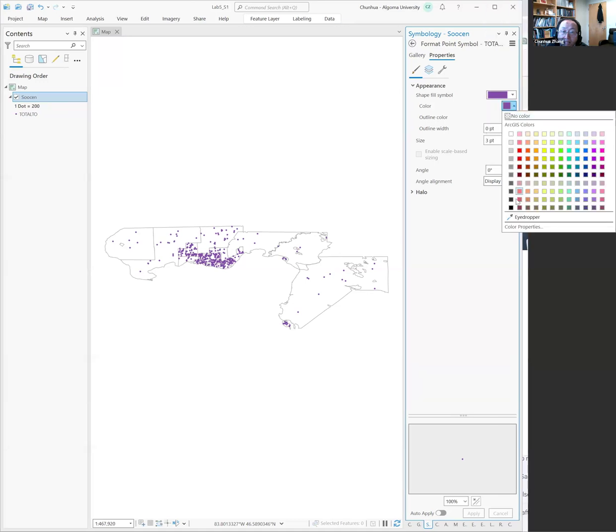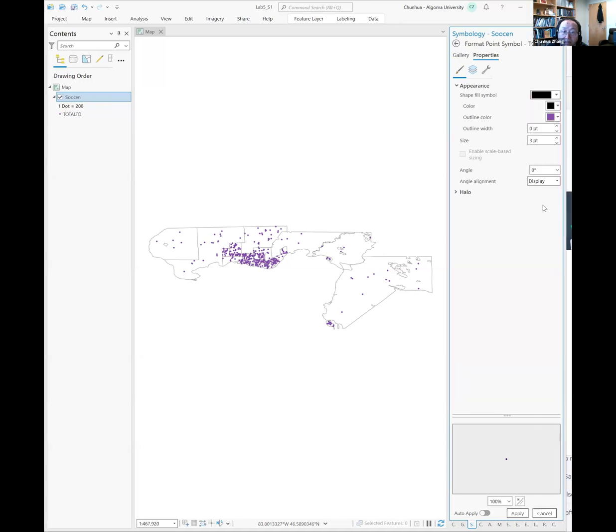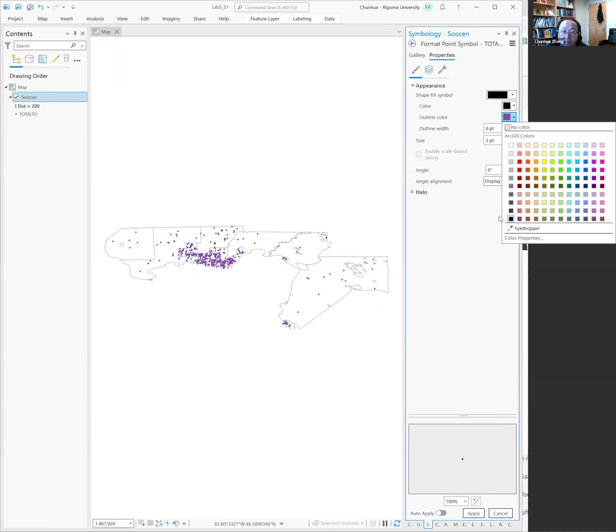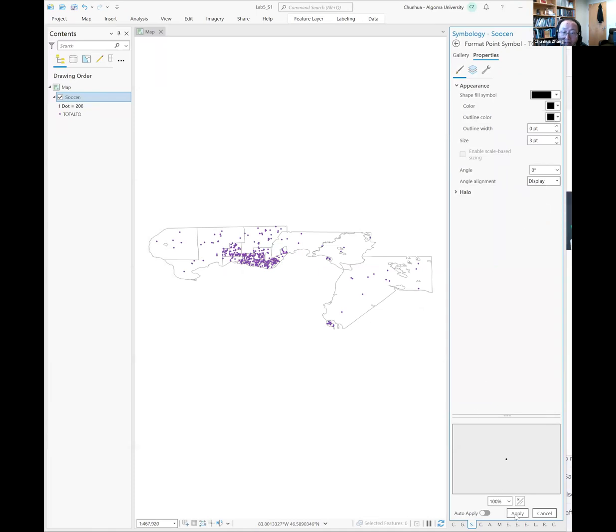Color, yeah. So let's stick to dark. Outline color, and the dark size. Yeah, click apply, right? It changes. It changes, and right. So the size, since dot size to 10, that can be